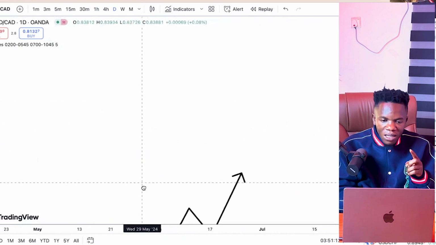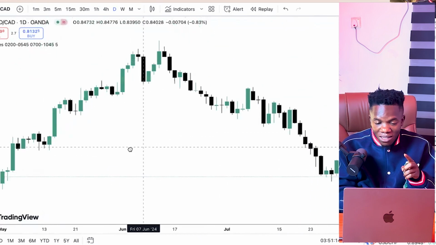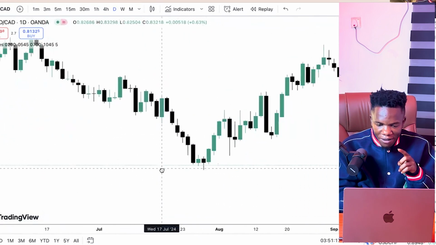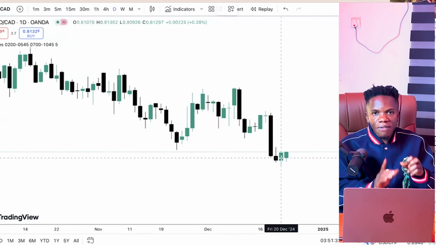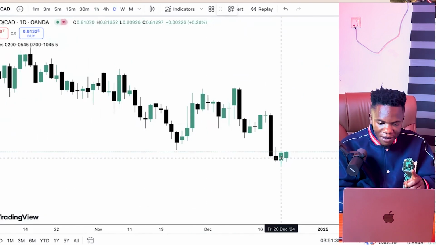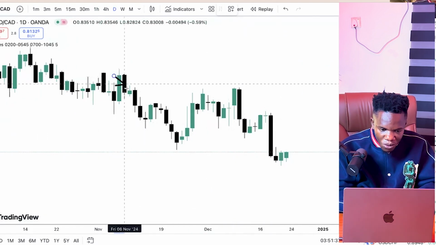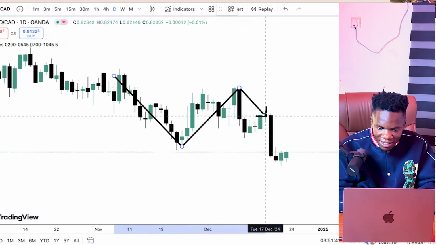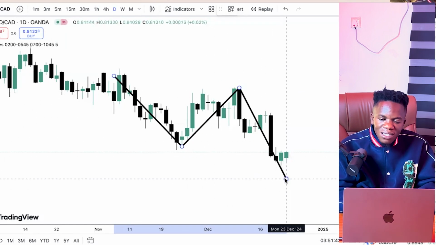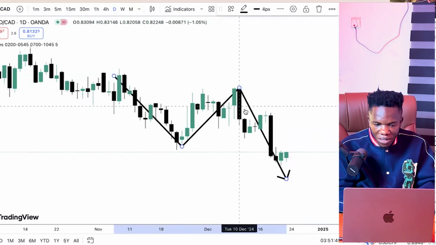Okay, first of all, let me go to this daily time frame. It's all about this daily time frame price action. Now, if you take a look at this price action on this daily time frame, you will observe a pattern. You see the market will do something like this, and then come back to the balance, and then expand. So it's like the market is going from range to range and so on.